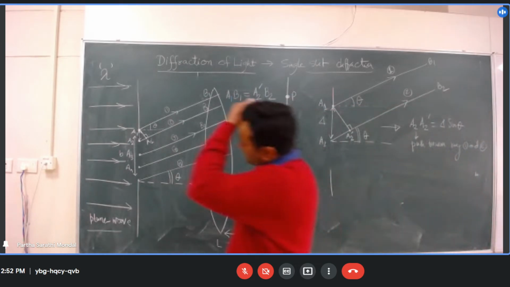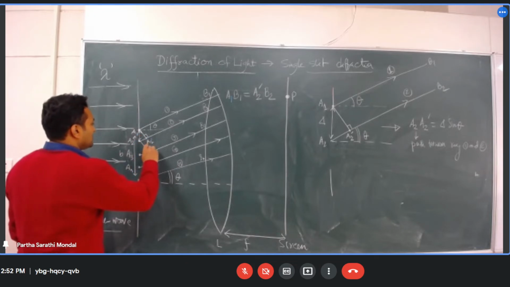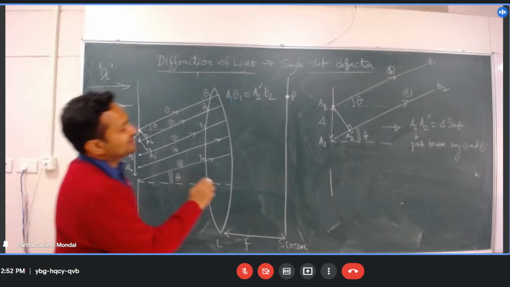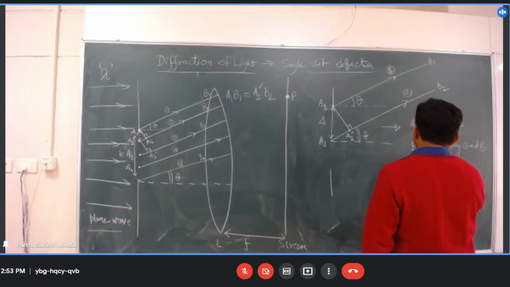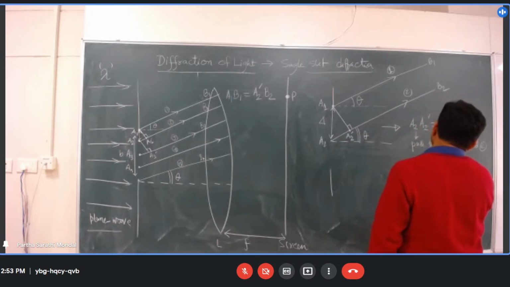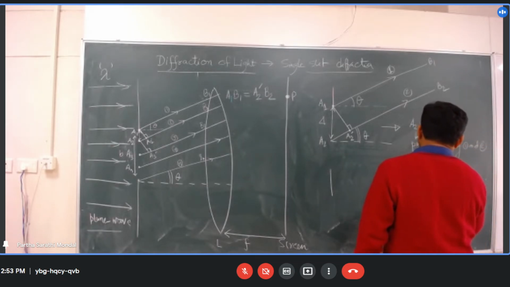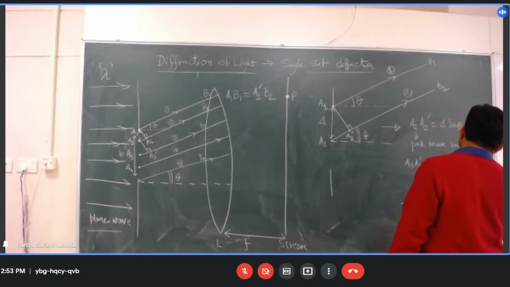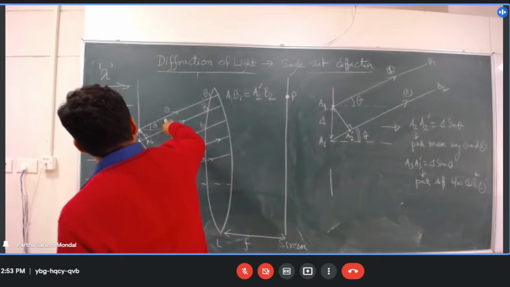Similarly, between 2 और 3 के बीच में कितना होगा? Let's say if I draw a perpendicular here, so let's say it will become 3 2 dot. So 2 और 3 के बीच में कितना होगा? Path difference is delta sin theta, same. So this is the path difference between 2 and 3. Okay, so consecutively ये पाथ डिफरेंस जब मैं एक के रेस्पेक्ट में कैलकुलेट करूंगा,